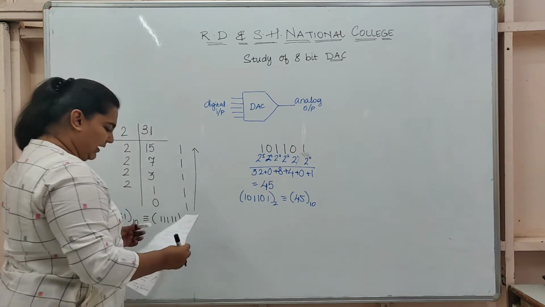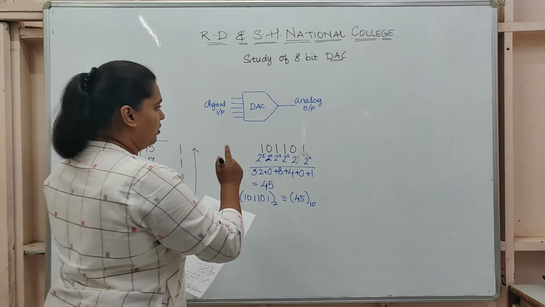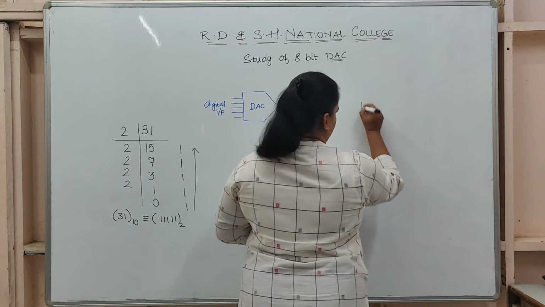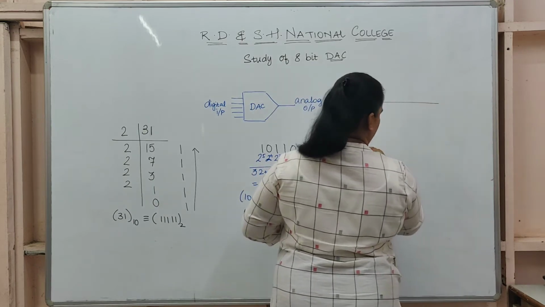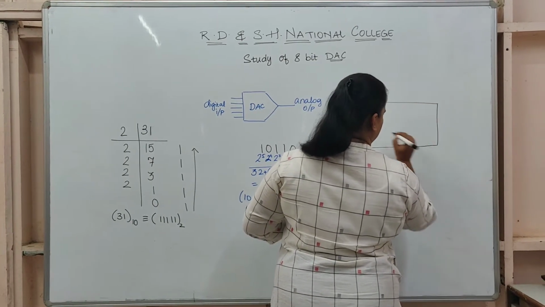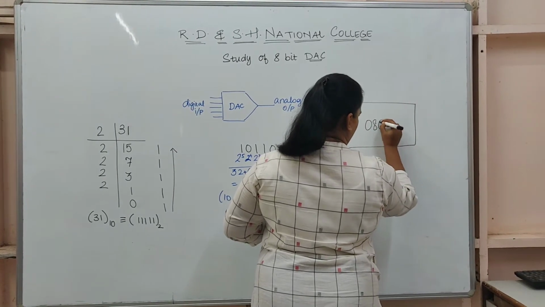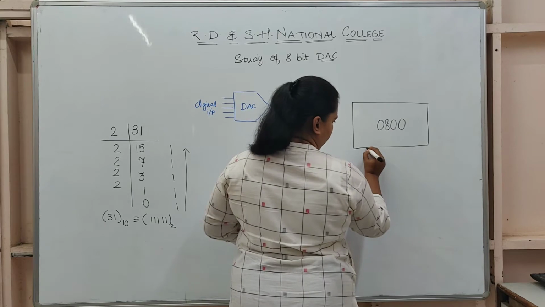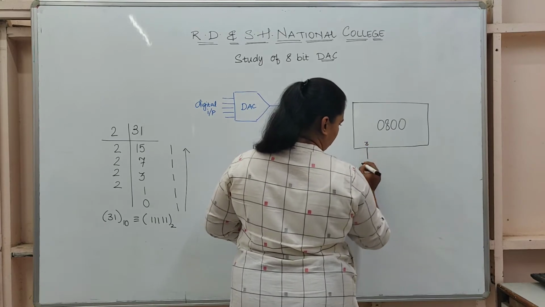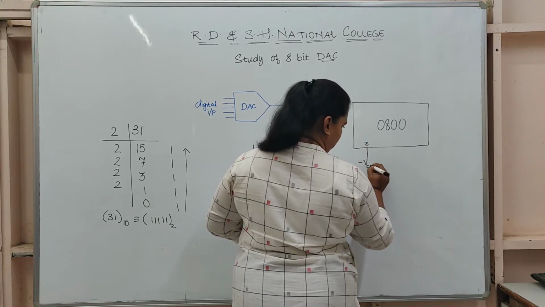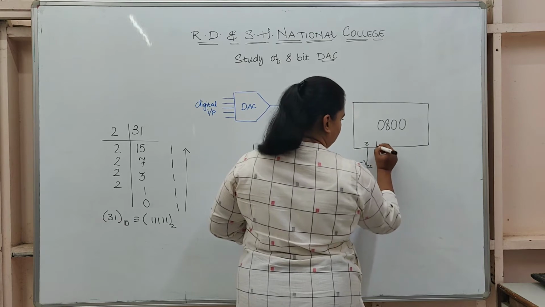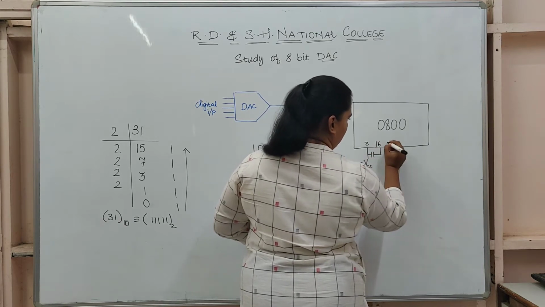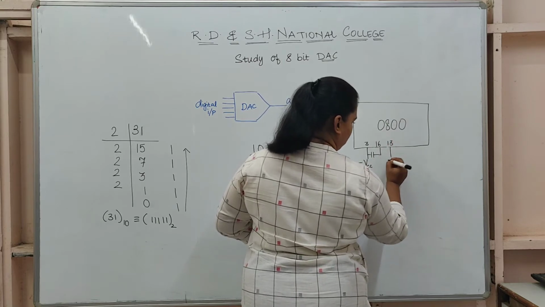Now going to our DAC again. I'll first draw the circuit diagram of the entire process. So this is my DAC IC which I am using. The IC number is 0800. It is a 16 pin IC wherein pin number 3 goes to your minus VCC and it is connected via a capacitor to pin number 16. Pin number 13 is your plus VCC.